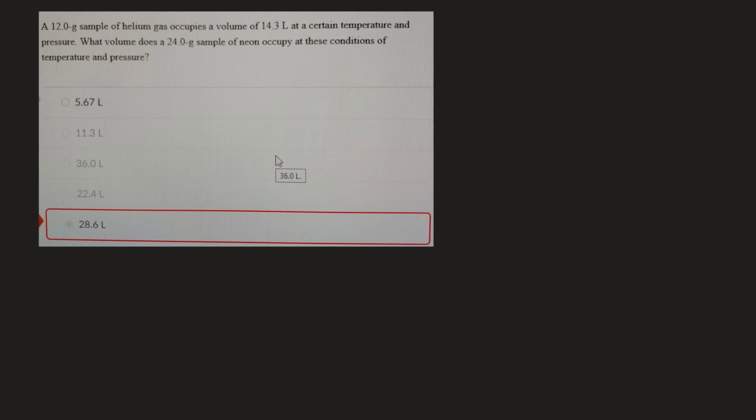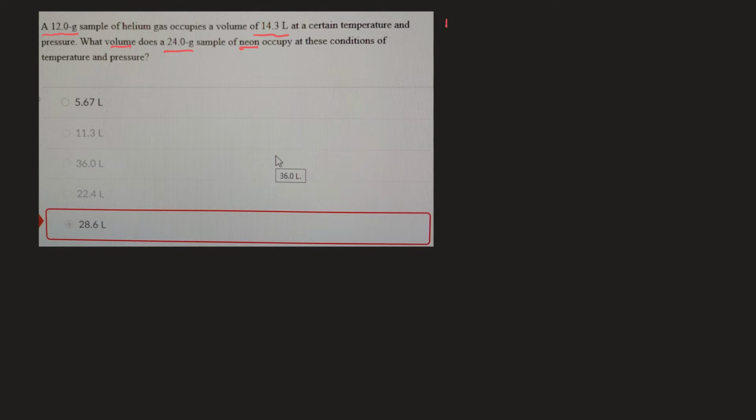All right, here's a good question. Illustrating Avogadro's law. When you look at this question, they start with a 12 gram sample of helium, and it occupies this volume, and then you've got a 24 gram sample, this time of neon, and they want to know what volume that's gonna